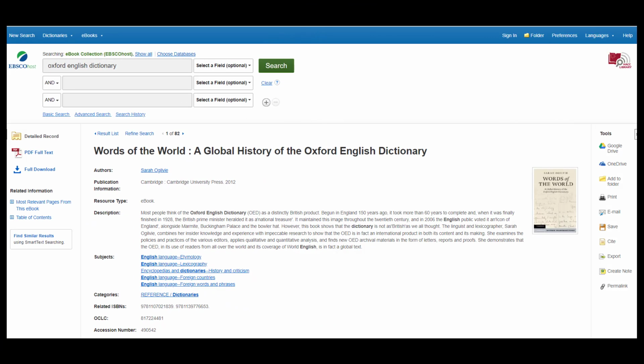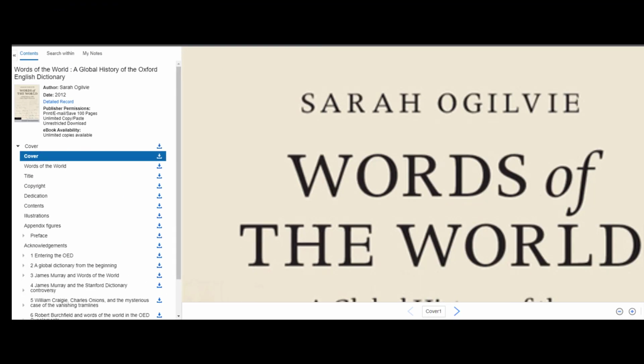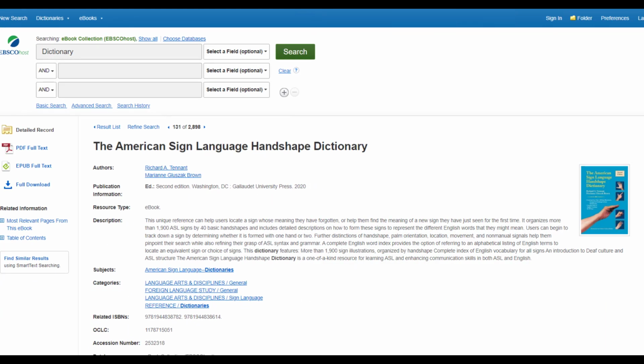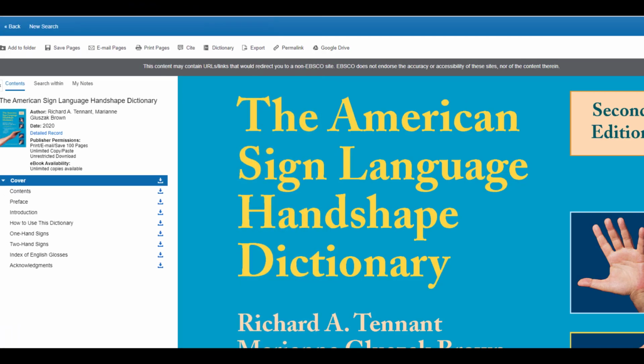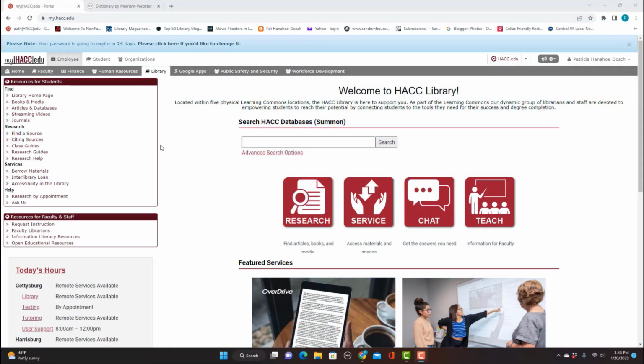But say you wanted to write out a definition of something for some reason in a paper, and you wanted to count that as a book source for some reason. Whether an instructor is willing to count that as a book is up to the instructor. Some may not, but you want to think about the version you use. If you have access to a print version, great, but you can go to a college library's website, like here in our college library,